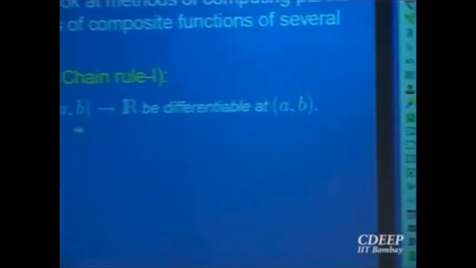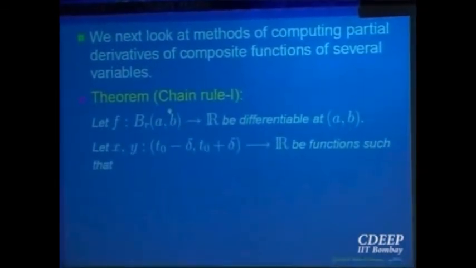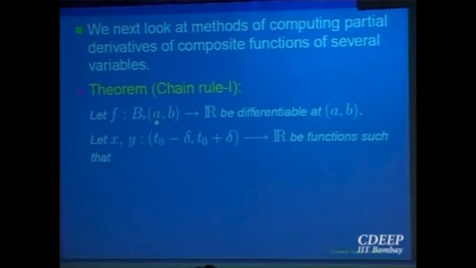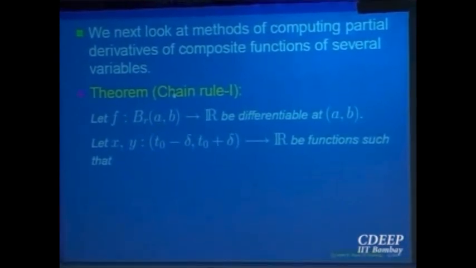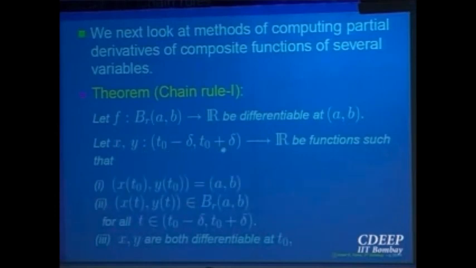So let us start looking at least the simple ones, which I call chain rule 1. So that says, supposing f is a function defined in a neighborhood of a point (a, b), right? That condition always will be there. And f is a function of two variables x and y, but x and y themselves are functions of a variable t, one variable we are saying. They are defined in a neighborhood of a point t naught, where at t naught the value x(t naught) is a, y(t naught) is equal to b, and the functions x and y are differentiable in a neighborhood of that point t naught.